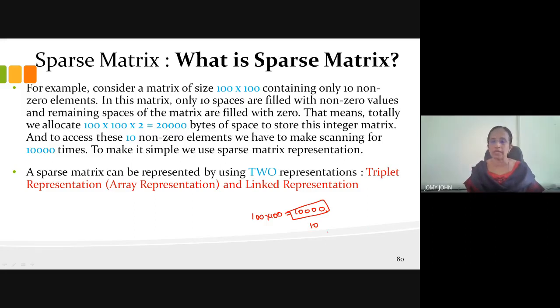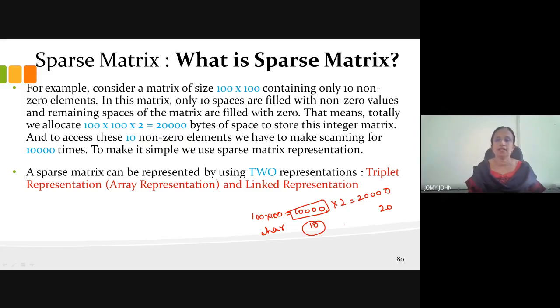So instead of storing 10 elements, we are storing 10,000 elements. This is a big wastage of memory. This is the case for a character. If it's an integer, we require 20,000 bytes instead of 20. That's why we need a mechanism to store sparse matrices.